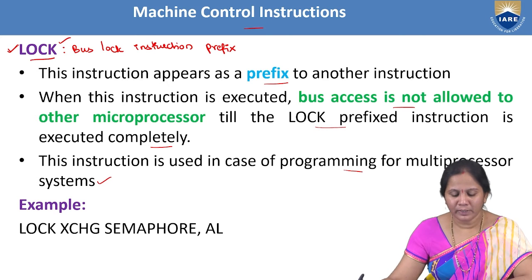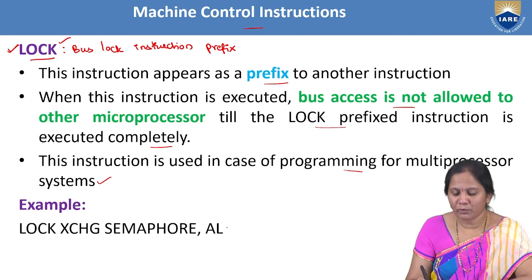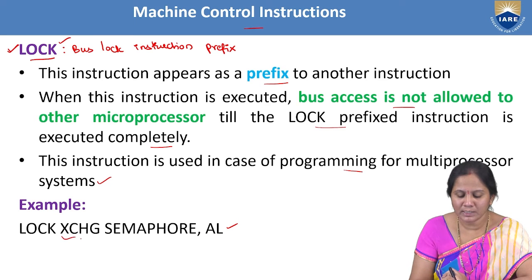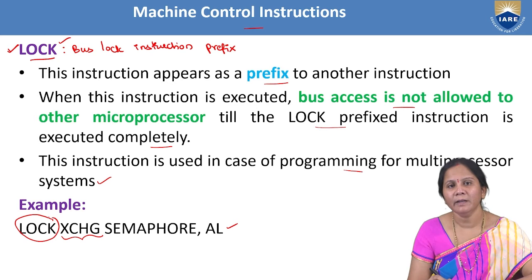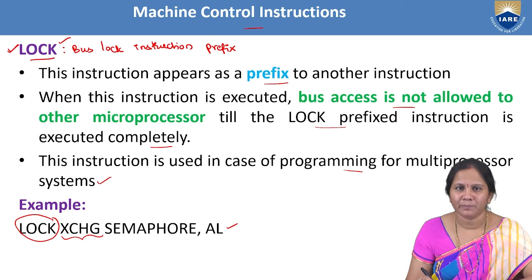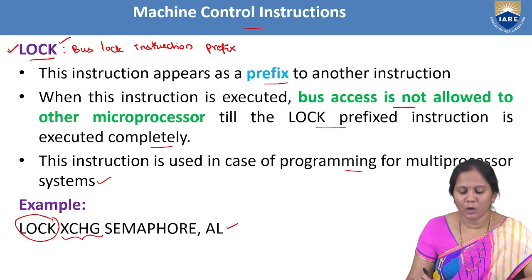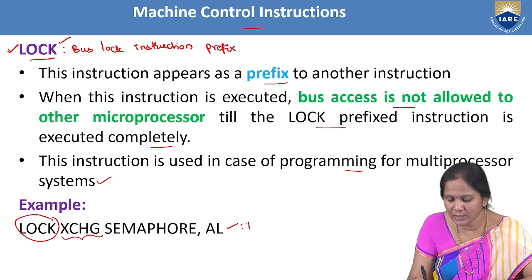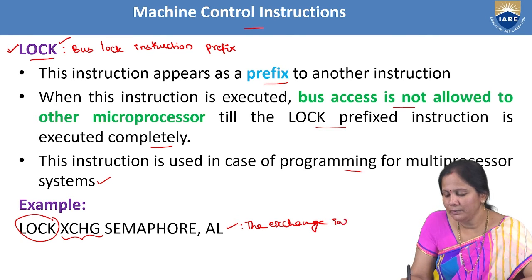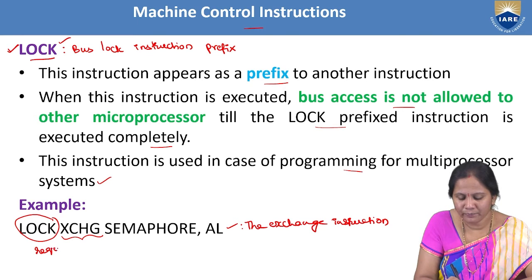Now, if you take LOCK XCHG semaphore, AL: here exchange is the actual instruction, but lock is an instruction which we are using as a prefix to another instruction. When this lock exchange semaphore, AL instruction is executed, what function is it going to perform? The exchange instruction generally requires